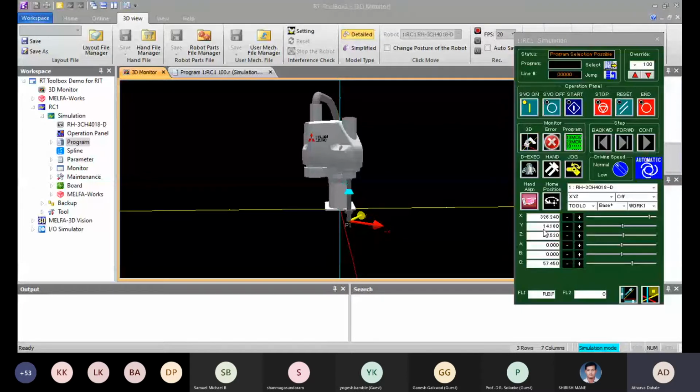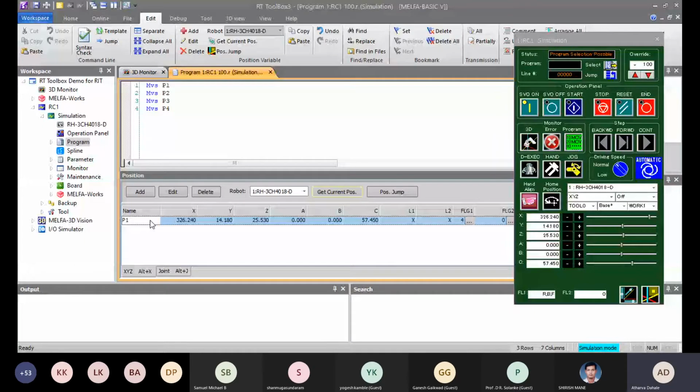So what I have to do is go to the program, P1, and get current position. So the current position of the robot has been fetched by the controller. As you can see, X is 326.240. Here also X is 326.240. Y is 14.180. And likewise, every axis has been fetched by the controller. This is all about P1.